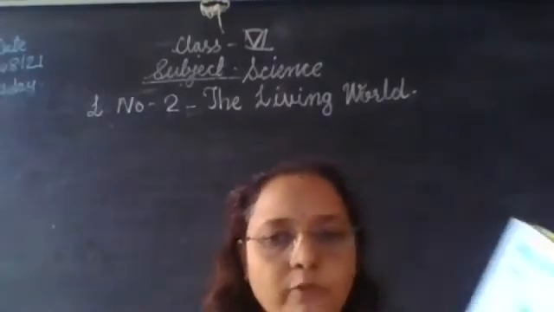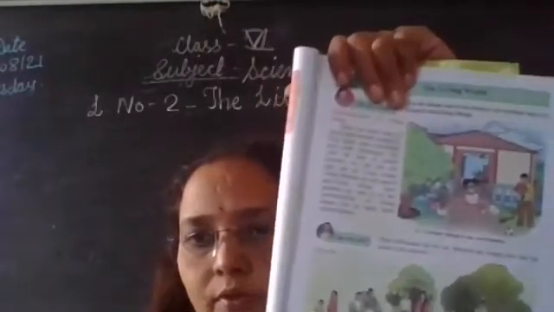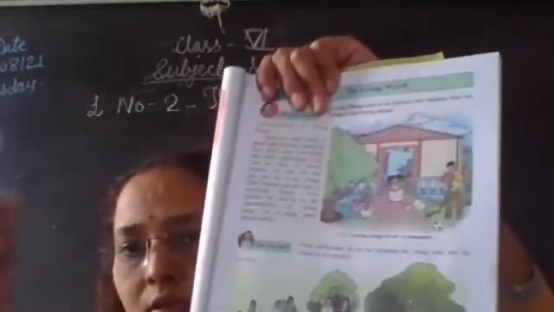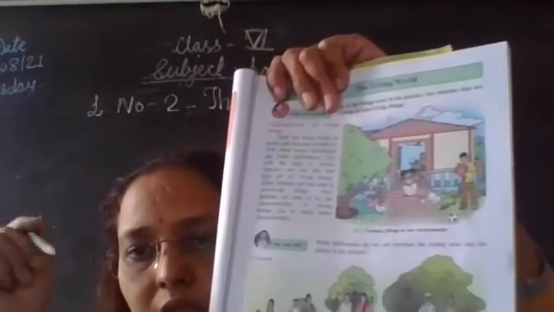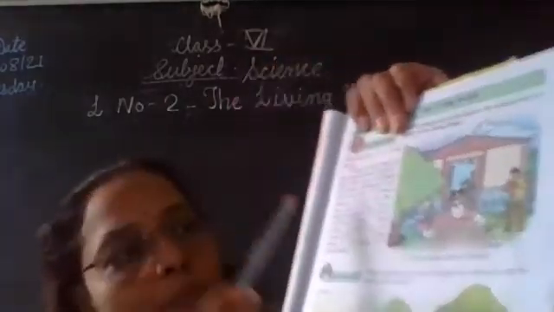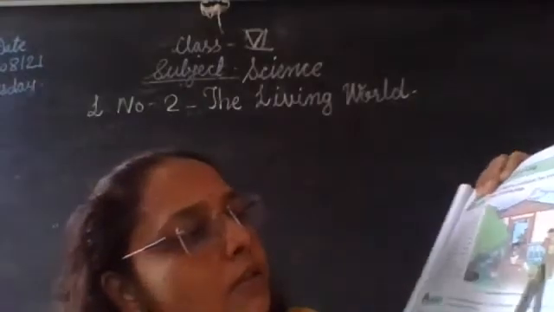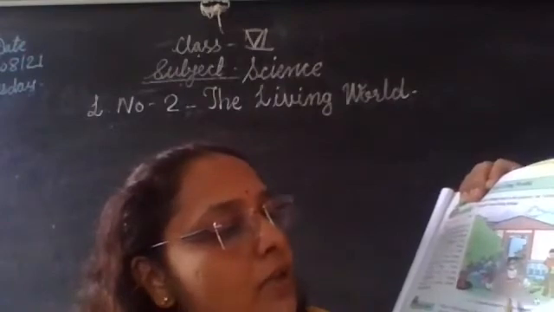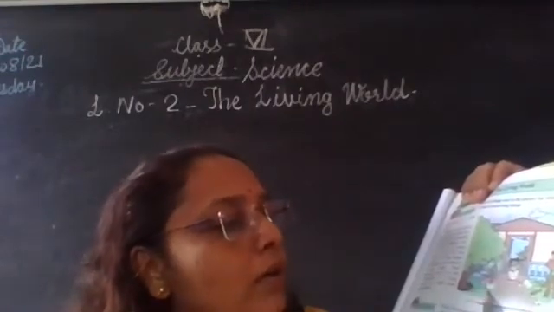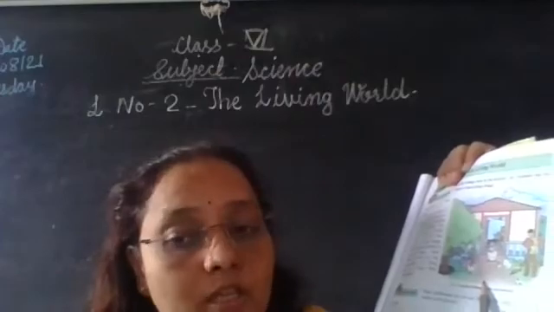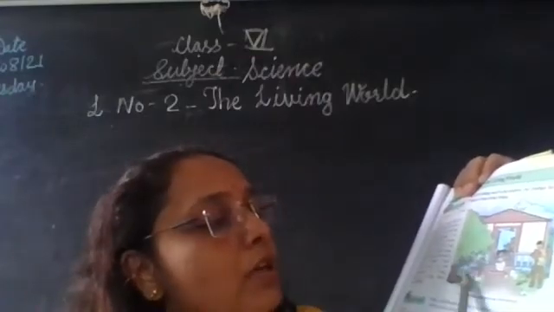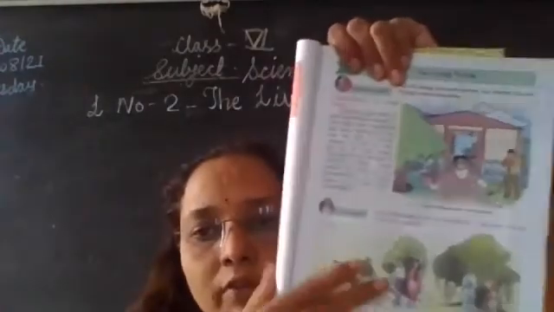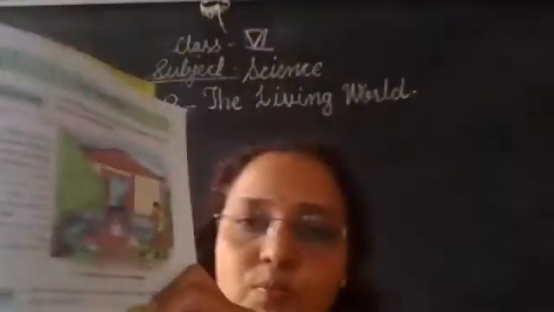See, this picture is given in your textbook. Look at the picture and tell me what we see in it. A boy is flying a kite. A kite is in his hand. A girl is sitting. A dog is here. A ball. A hen is there. The chickens are also there. A tree, a dustbin. So we can see lots of things in this picture in your textbook.